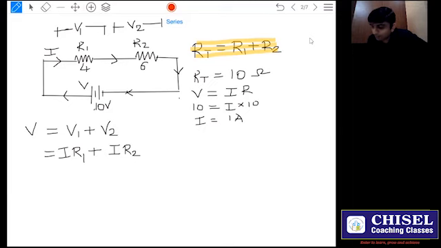Okay, getting this part. Now from both of these terms, what I can say is that I is common, R1 plus R2. Okay, now as I told you that the current remains the same, that is I, potential difference is V. And suppose instead of these two resistances, I had this resistance RT, meaning instead of these two, R1 plus R2,